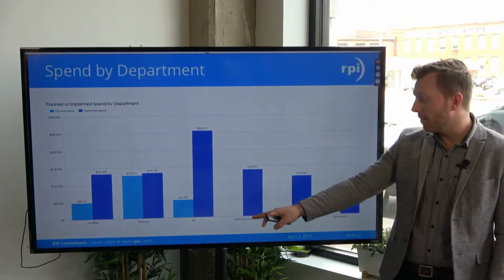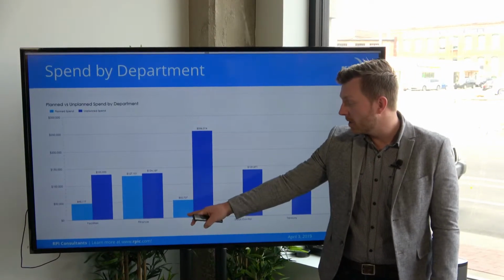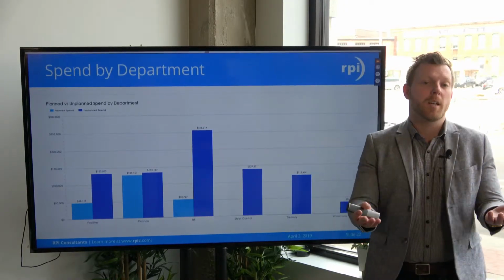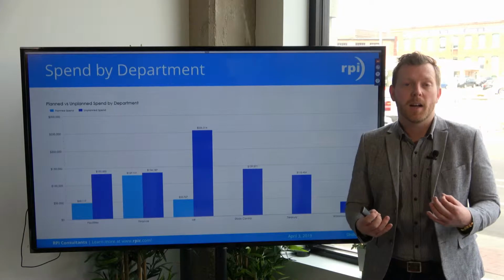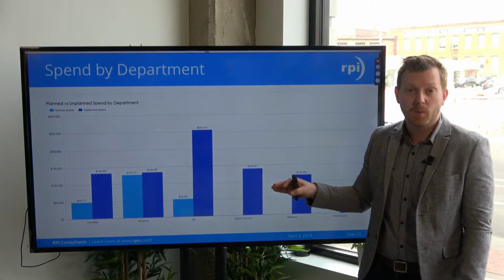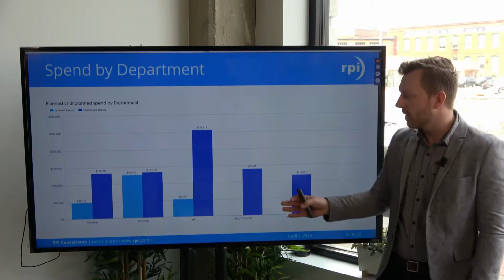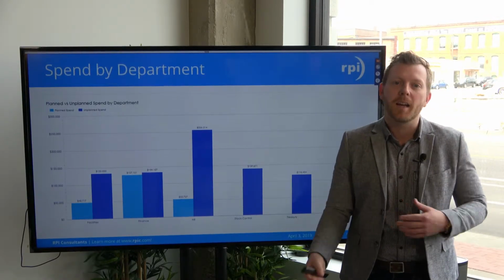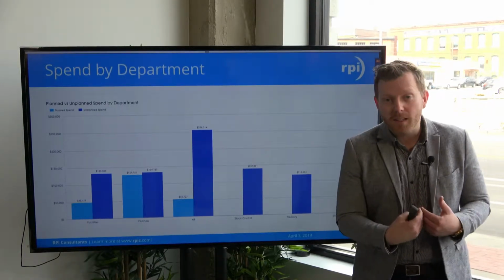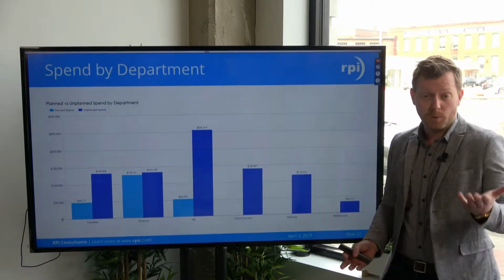So if your HR department, for instance, and this one jumps out first and foremost to me, you've got your planned spend, how much you've actually spent, versus your unplanned spend. So it gives you as an AP manager a good opportunity to essentially benchmark. Here's where we are with the budget, or here's what our budget was. How much over is that unplanned versus planned spending? It gives you areas of opportunity to identify, if one department's not spending so much money, maybe we have an opportunity to automate things there or to invest a little bit more into that department to improve things a little bit.